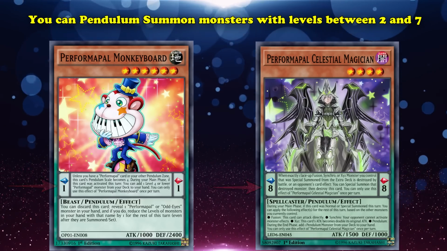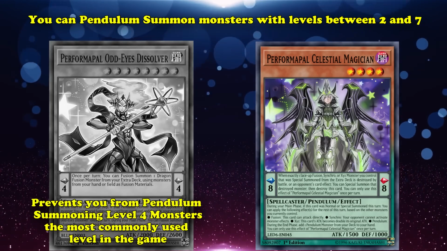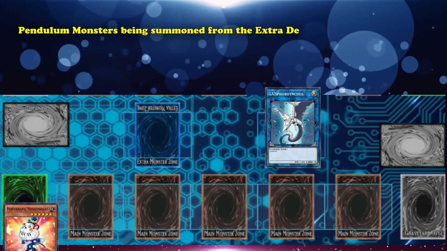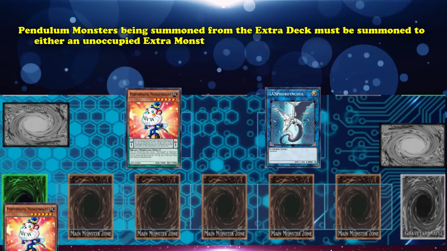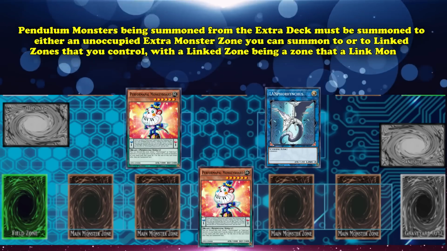This is why having a pendulum scale of 4 is so bad, since it prevents you from pendulum summoning level 4 monsters, the most commonly used level in the game. Next, pendulum monsters being summoned from the extra deck must be summoned to either an unoccupied extra monster zone you can summon to, or to link zones that you control, with a link zone being a zone that a link